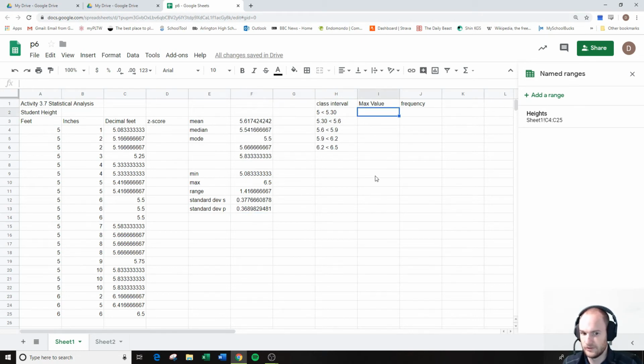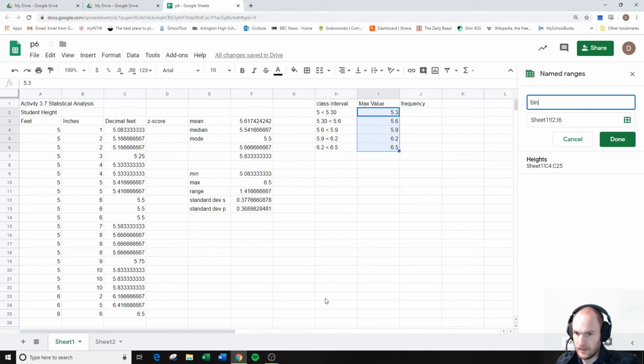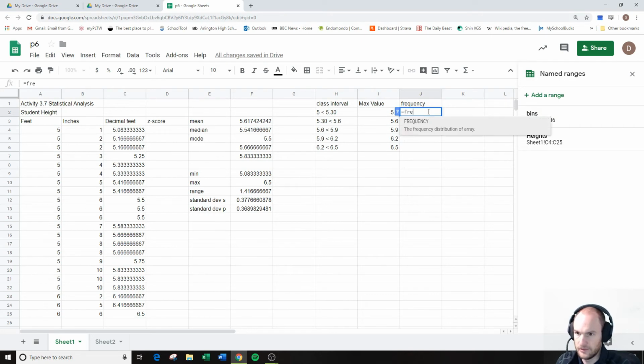For my values, I'm going to make sure that all of my values work out nicely here. So this would be 5'3" is the max. This would be 5'6" is the max. This would be 5'9" is the max. This would be 6.2 is the max, and 6.5 as the max. And I'm just going to take these max values and I'm going to name them. Once again, named range. I'm just going to name these my bins because they're the bins that things will fall in. So now I'm going to type in frequency,